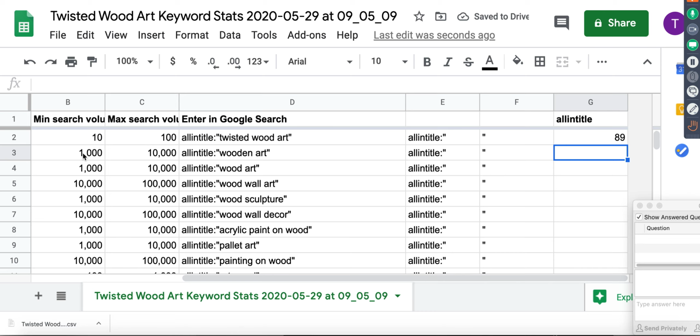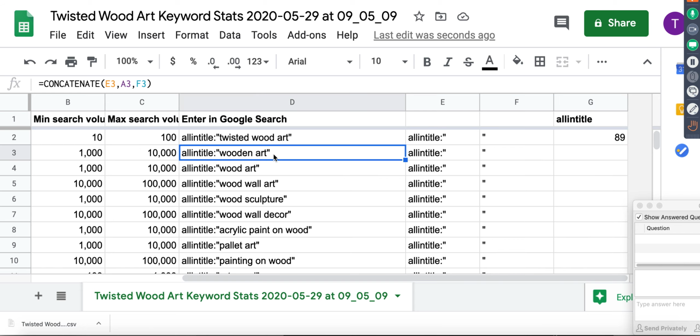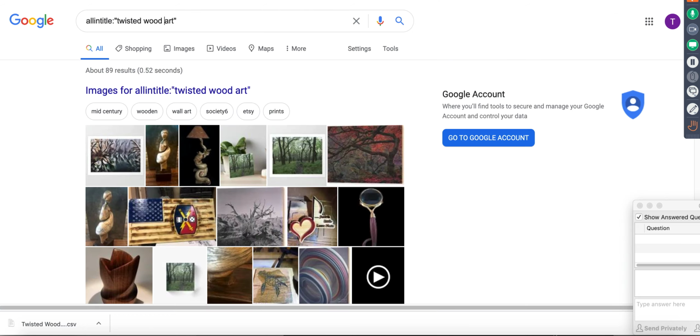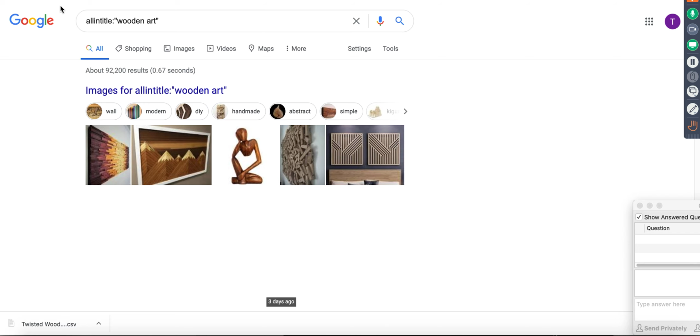Now, this phrase here has between 1,000 to 10,000 searches instead of between 10 to 100. Twisted wood art doesn't have a lot, but wooden art has more search demand than twisted wood art does. So let's copy that one and let's go check that, shall we? So we go back over here and we're going to replace that search. Again, Control C, Control V, to copy and paste. Look at that,